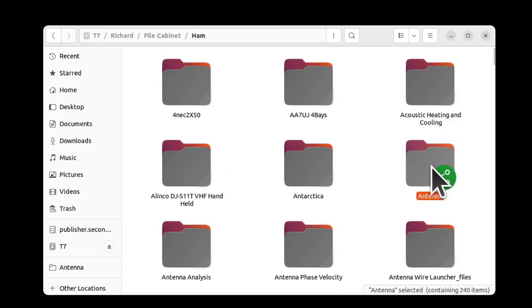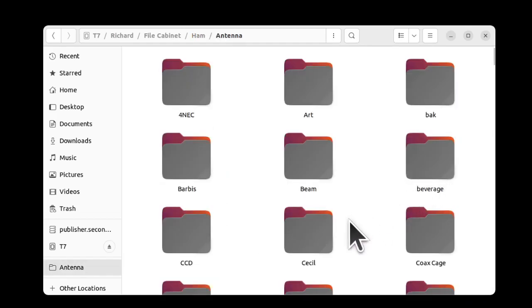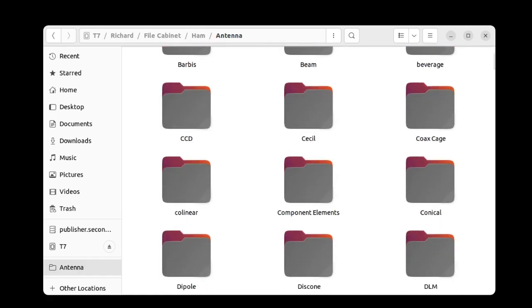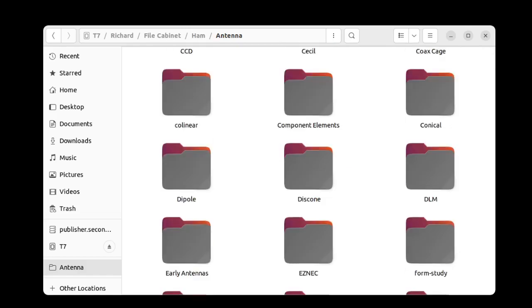And antenna. Open that, and we'll see once more a wide coverage of antenna species and theories. I guess I should be tabbing down through this so that you can see all that. So you'll recognize the Barbus antenna. Well, Barbus is rather rare. Beverage, equally so. CCDs, that might be interesting topics for antenna discussion. Coax cage, collinears, conicals, dipoles, discones,